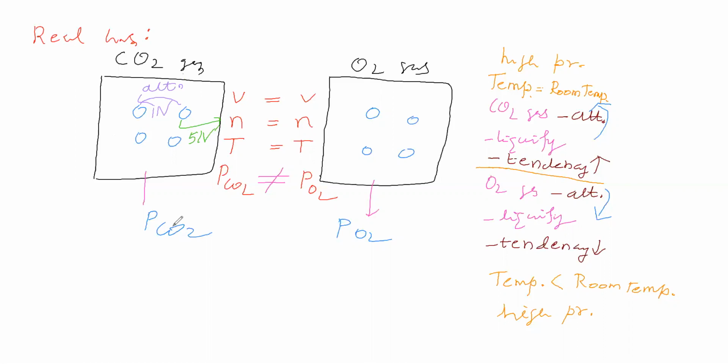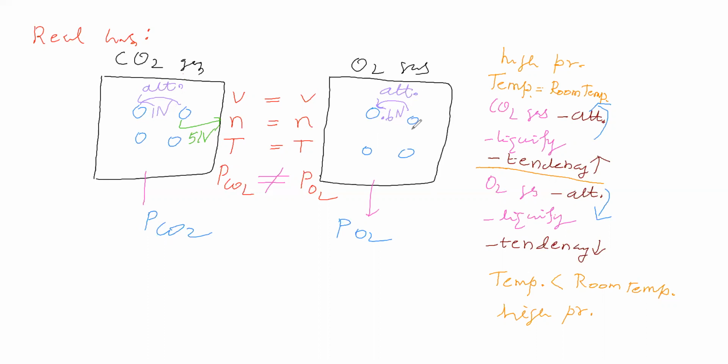Here also attraction is there. Between oxygen molecules also attraction is there. Now see that attraction magnitude is less in oxygen. Attraction magnitude is high in carbon dioxide. Therefore, here 1 Newton force, and here some 0.6 Newton, because here attraction magnitude is less. Here attraction magnitude is more. Here the molecule is attracting strongly when compared to here.